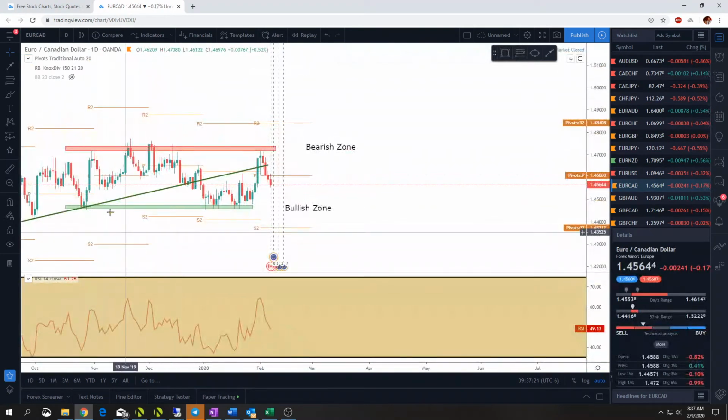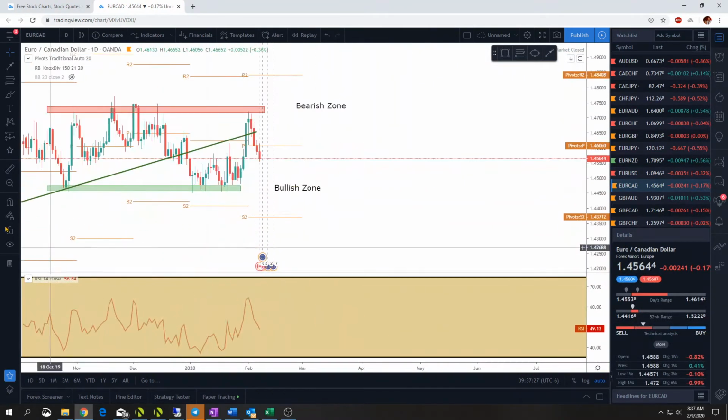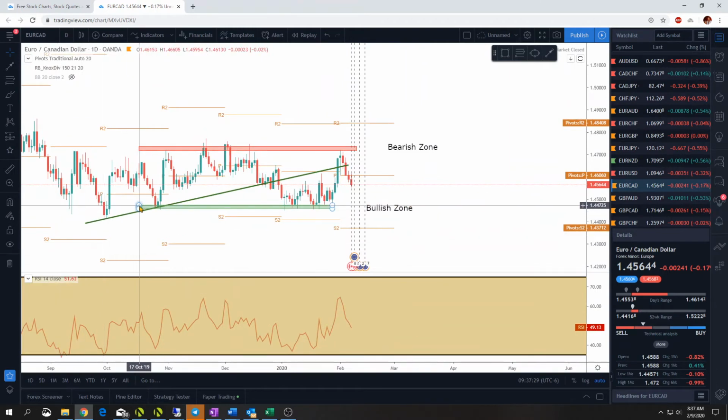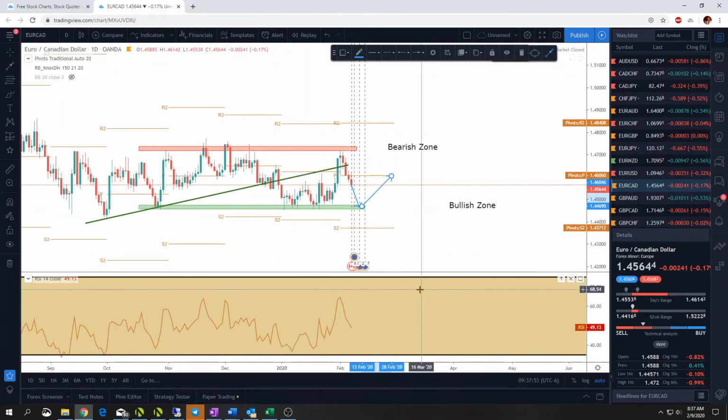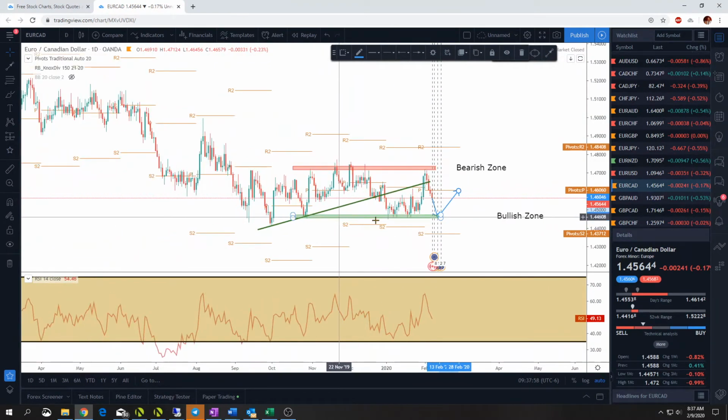Euro CAD. All right, so we have this trend line drawn here. Kind of broke it here, came down to our bullish zone. I still like this as a strong support. I think price is going to come back down to here. Let's extend this out. And this is where I'm going to look for a buy back up to last week's pivot. If we get a solid break of this support,